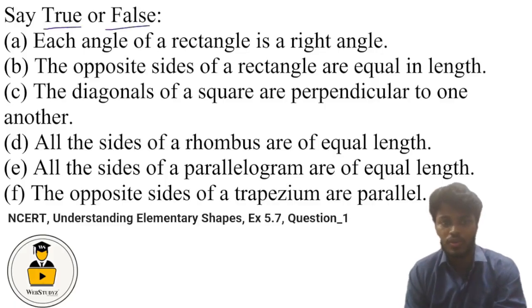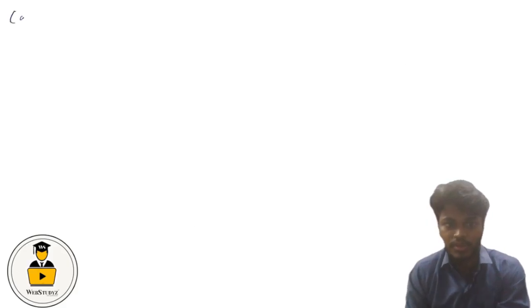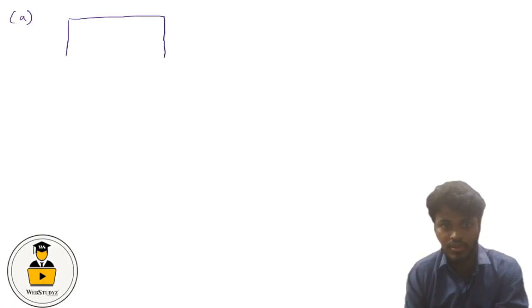Say true or false. The first statement is: each angle of a rectangle is a right angle. So let us consider a rectangle for this question. Let us assume that this is a rectangle ABCD,